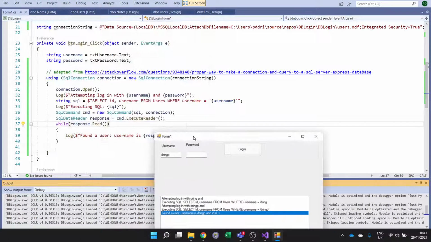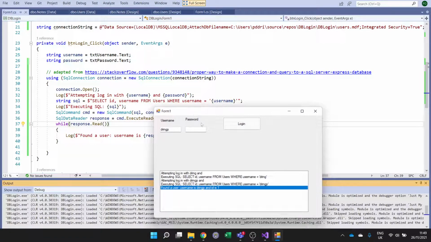So I said this was a bad way of doing things because you're injecting things directly into the SQL statement. For example, you could put a malicious string in here. You could say find anything. So select the ID and the username from users where the username is. Well, if I put a single quote in there and I say or 1 equals 1 and then put a semicolon to end the SQL statement and then a comment so that the rest of the SQL statement is ignored, and I run this,